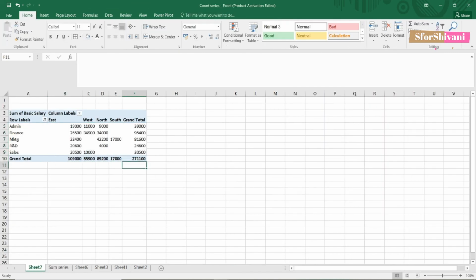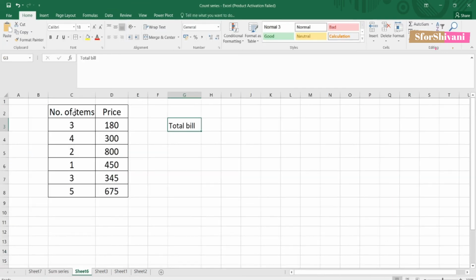And it is tallying. Another important function related to sum is SUMPRODUCT. So let's say we did some shopping in a mall and we have bought these many items which are priced at these prices. Now I want to see what is the total amount of bill that I have to pay.